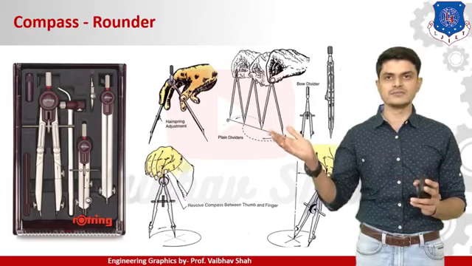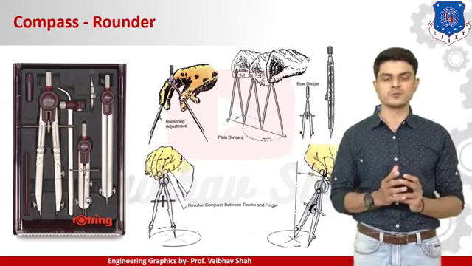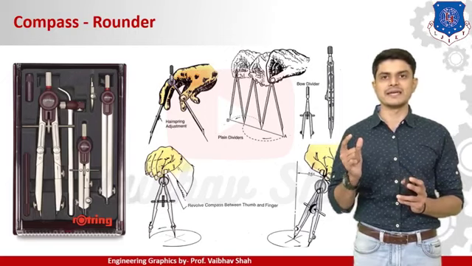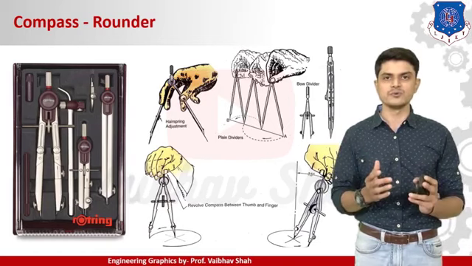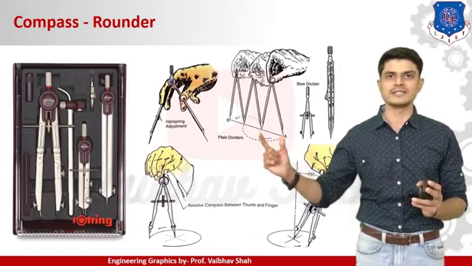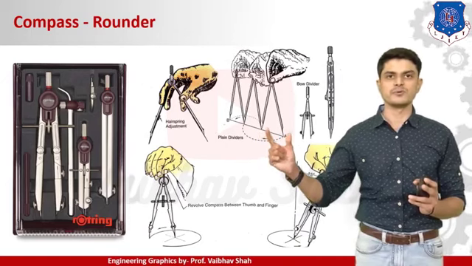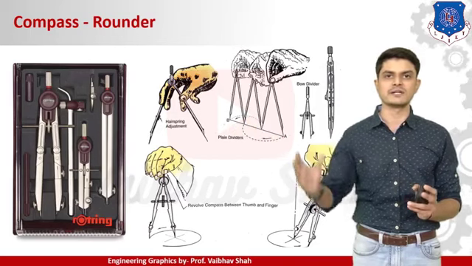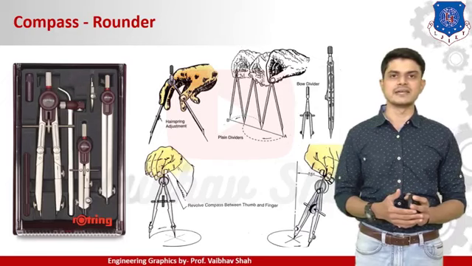Now this is another device, a novel device which we haven't used till date. This is nothing but your proportional divider. Suppose we need to transfer certain dimensions on the line multiple times, and we need to use this divider. What we have to do is locate the dimension on your drawing sheet, put the proportional divider onto that division, and then reproduce the dimension multiple times with the help of this proportional divider. So next, let us see the next device.